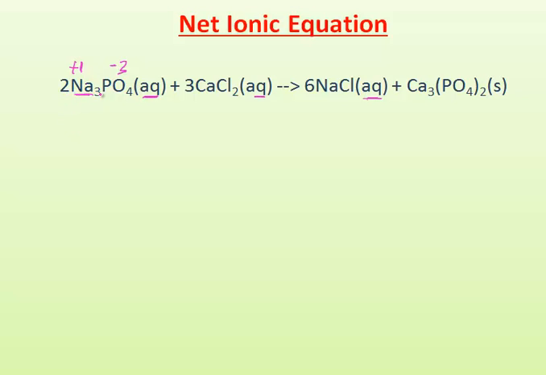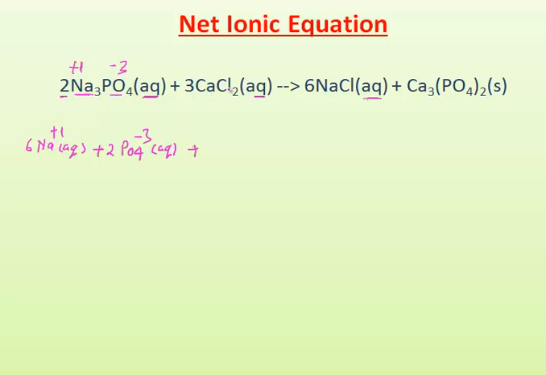There are 2 moles of sodium phosphate, and it has 2 times 3, just 6 sodium atoms. That is why it produces 6 sodium ions. It has plus 1 charge, it is in aqueous state. Plus there are 2 phosphates, that is why it produces 2 phosphate ions in aqueous state. Plus the next reactant is calcium chloride, and it is made up of calcium atom